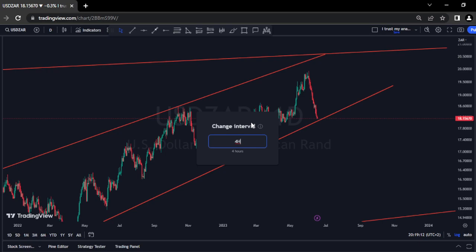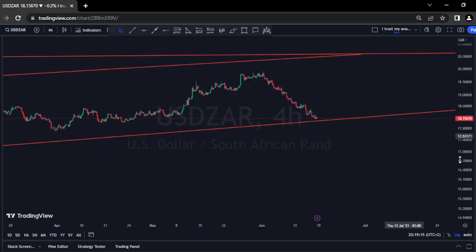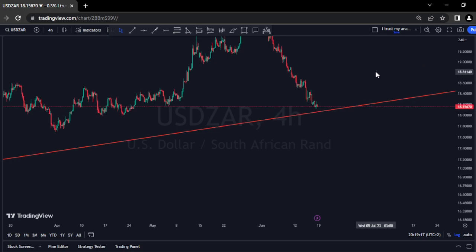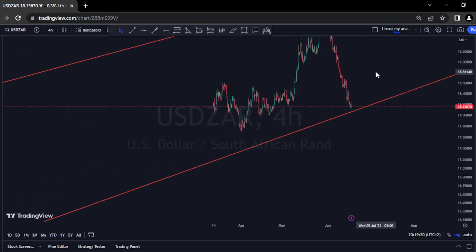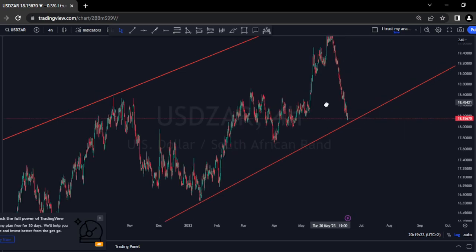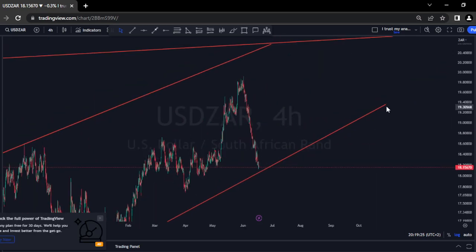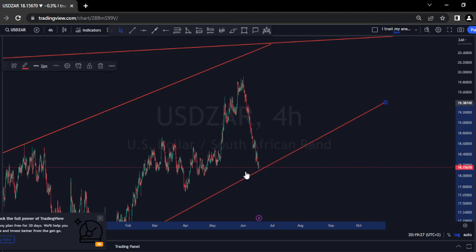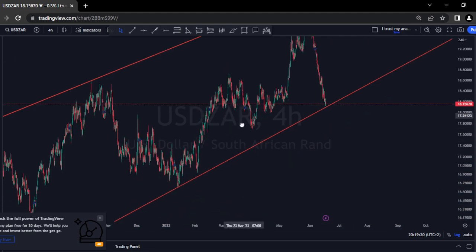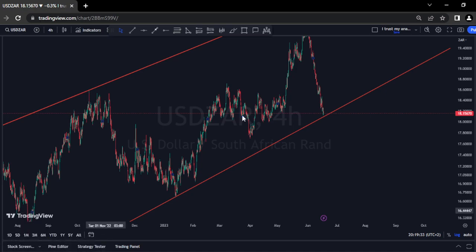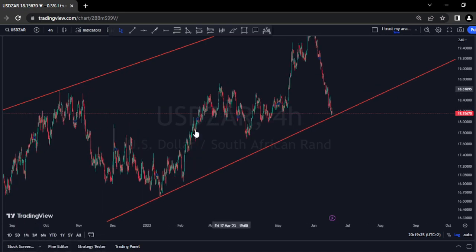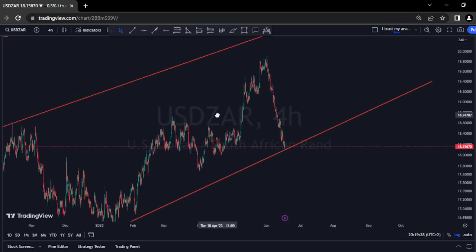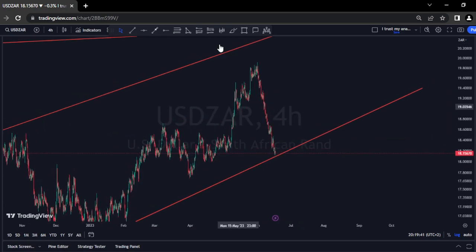Let me go to H4 time frame. So let me just zoom. Right, these lows are correctly touching price. So ladies and gentlemen, price could possibly reverse here, and when it does, look for that push up